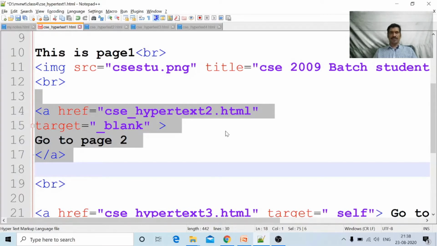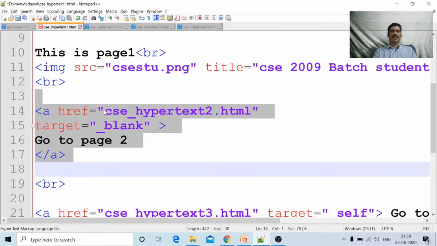Wherever CSC hypertext 1.html is located, CSC hypertext 2.html is also available in the same location. Specifying URLs like this is called relative URL. Absolute URL means we specify the full address from starting to ending. In relative URL, we specify the location with respect to the current page.